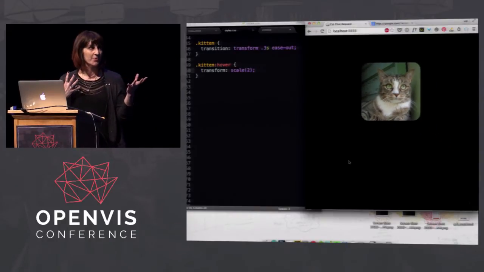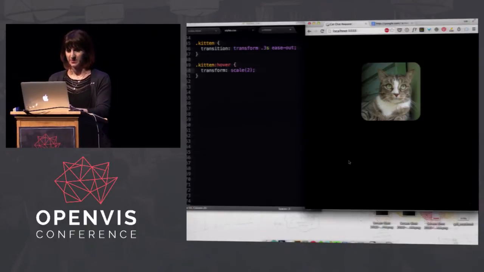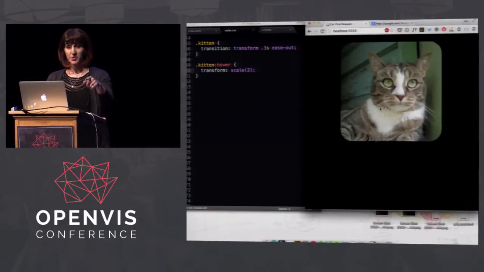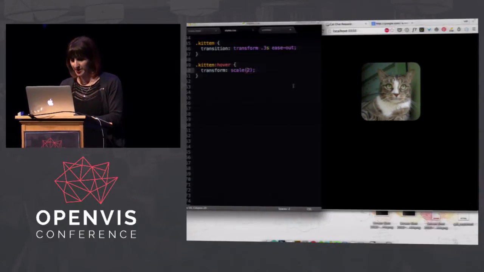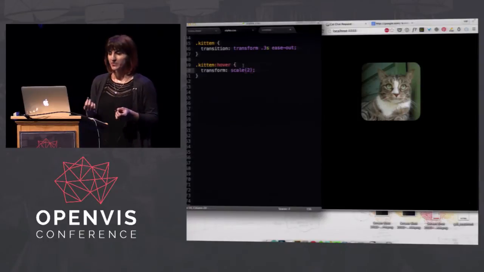If you've ever had to write your own mouse over in JavaScript or ActionScript, you're probably crying right now because it took a lot more than 2 lines of code. And it does both in and out, right? Yeah, that's the magical part. Anyways, that's transitions. It's super powerful actually, but what if we wanted him to do more than